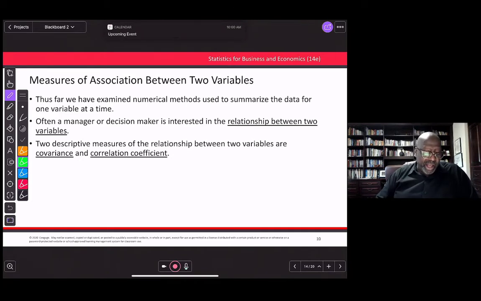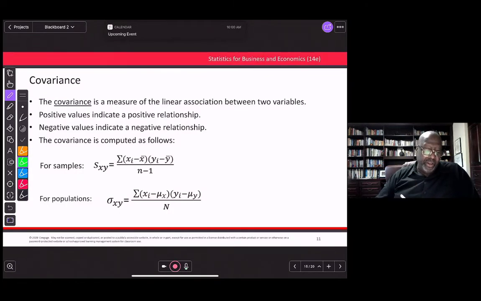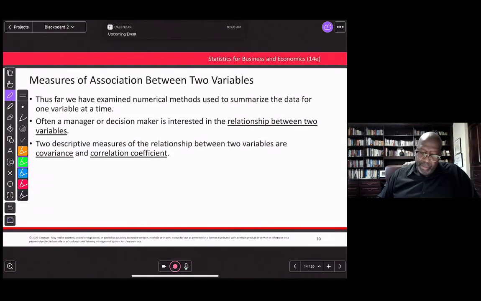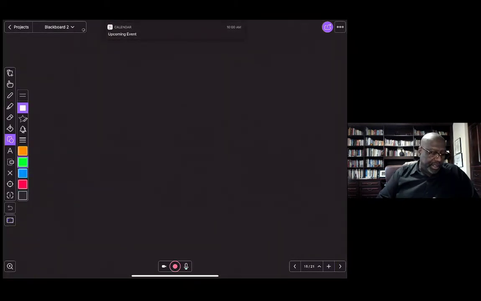So we measure that by using what we call correlation and covariance. The covariance essentially is just how the two values actually vary with each other. So our textbook gives us this formula as the formula for sample covariance and population covariance. But let me just give you a sort of a pictorial view of what I'm talking about, which is,